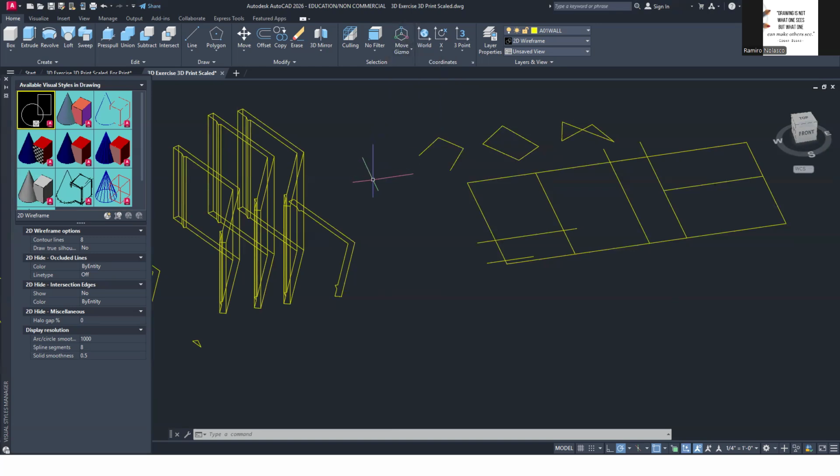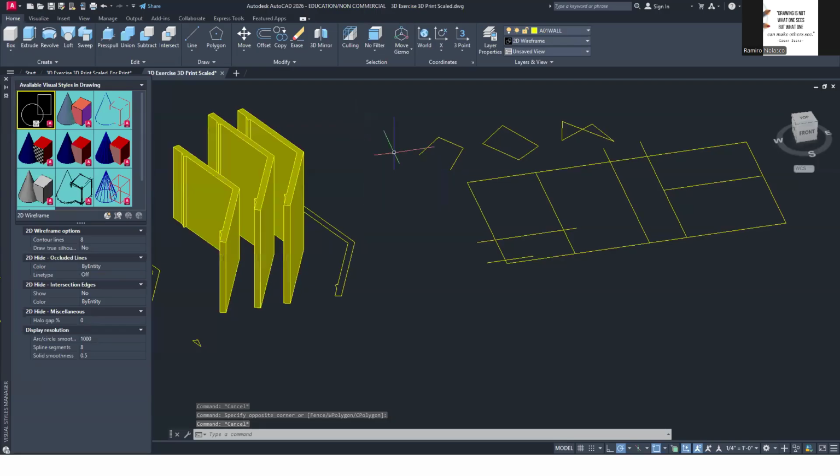Now, if you, for example, select an object and you don't see the gizmo, the reason for that is because you need to be in a shade mode, not a wireframe visual style. So you need to be in a shade mode, and if you select a 3D object, then you can use the gizmo to move.